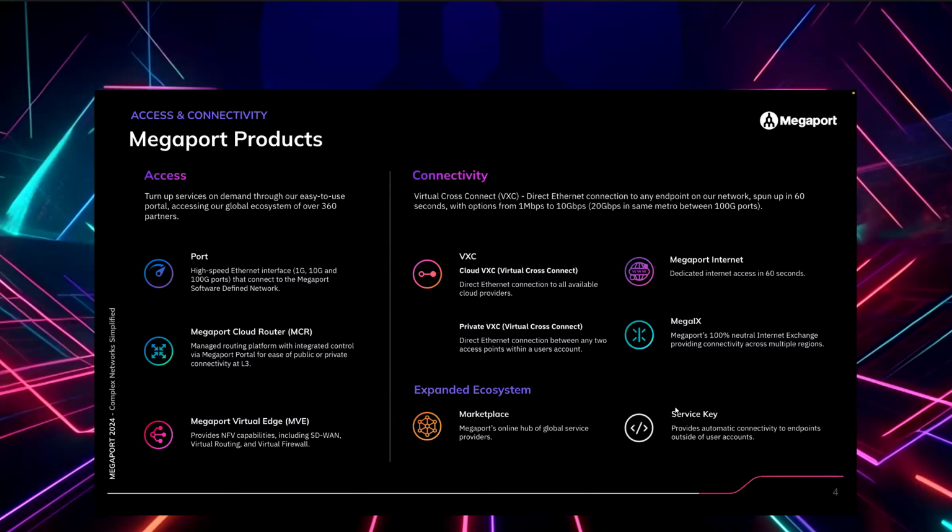There are three basic core products that Megaport has on the left side of the screen that are access products. And we'll talk about connectivity associated with that as well. A port is an interface from 1, 10, or 100 gig that is a physical interface that you connect via last mile circuit or a connection in a data center. I have a slide that shows this coming up that'll illustrate this really well. But the point is, once you're on the Megaport network in a port, or any of these access products, you can get to any one of our data centers, and we have presence in over 900 worldwide.